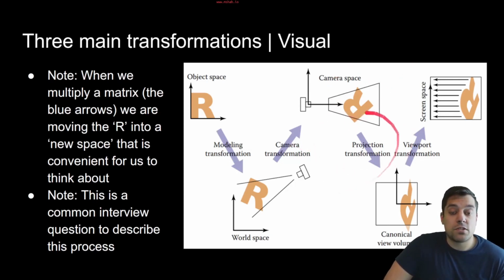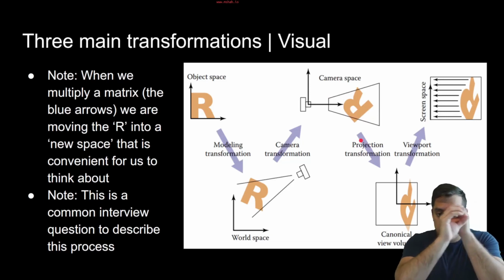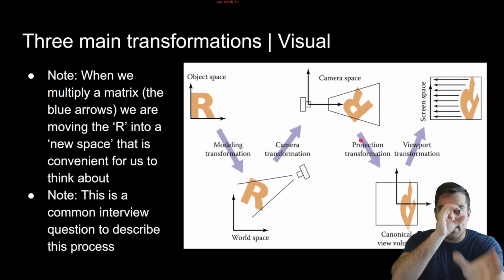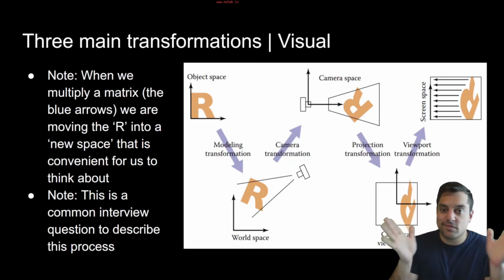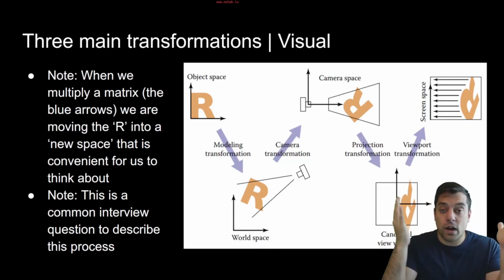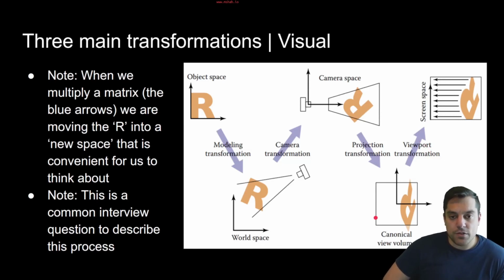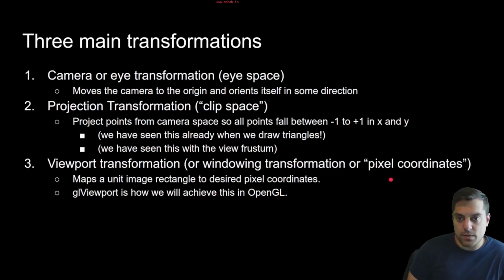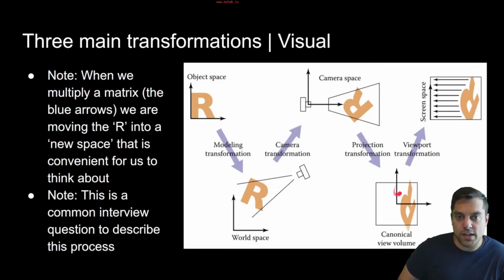I can pretend you're Steven Spielberg or whoever, viewing the actual scene through the lens of a camera. And then we do a projection. So again, this is Steven Spielberg looking through a camera, and then he decides, hey, I'm going to put this camera lens on that views it in a certain way, maybe a wide shot or whatever. And then we go through these things that I mentioned on the previous slide, like viewport transformation, which says, okay,